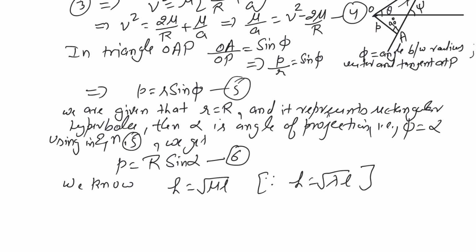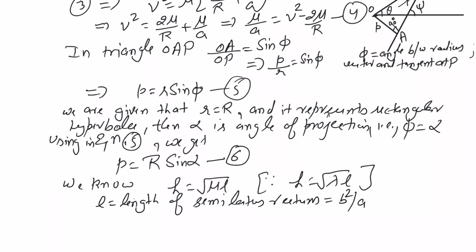And here L is the length of the semi latus rectum, which is given by b square by a. Therefore h is equal to root of mu b square by a, but here it is representing the rectangular hyperbola,